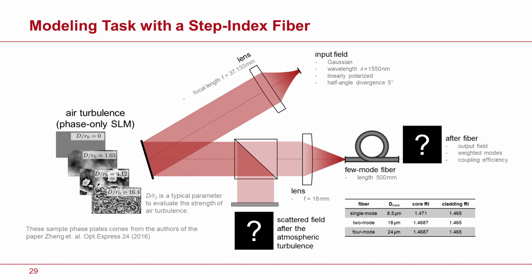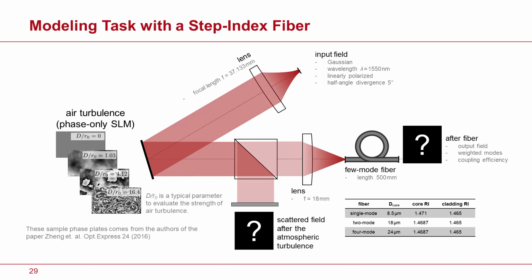So by reflecting our input, a collimated input beam, on that SLM that is going to simulate the presence of atmospheric turbulence, we then propagate on towards a beam splitter that is going to allow us to look at the scattered field after the atmospheric turbulence, and another part of that beam,